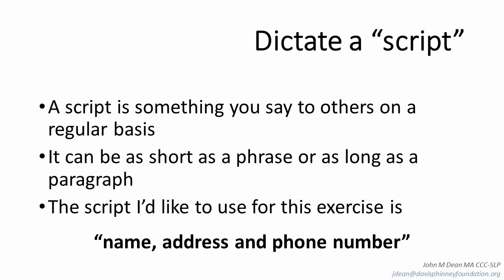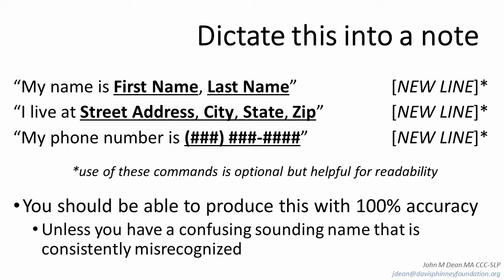So the script I'd like to use today is name, address, and phone number. So we're going to dictate this into a note. So you'll say something like, my name is, and then you'll have your first name and your last name, and you'll say new line. So my name is John Dean, new line. I live at 4730 Table Mesa Drive, comma, Suite J200, comma, Boulder, comma, Colorado, comma, 80301, new line. My phone number is